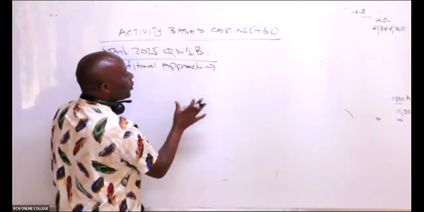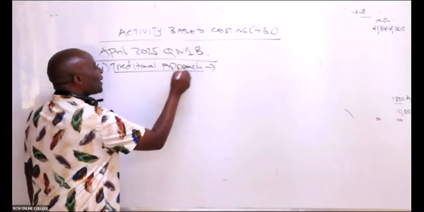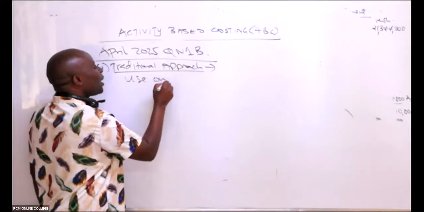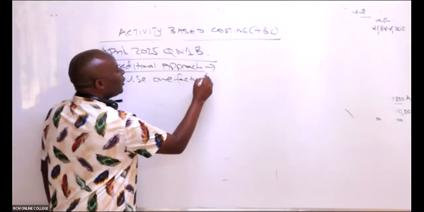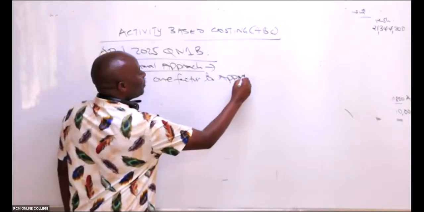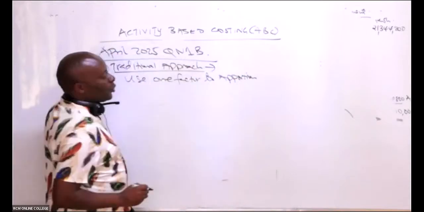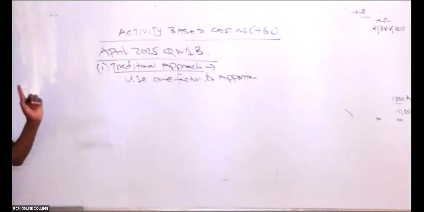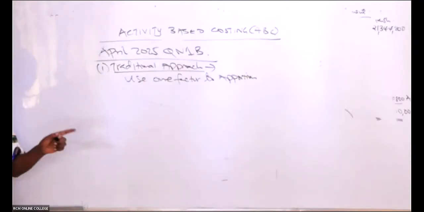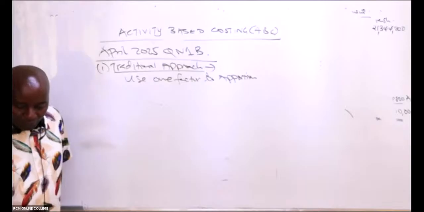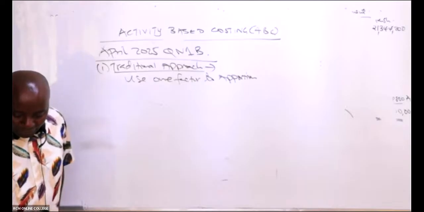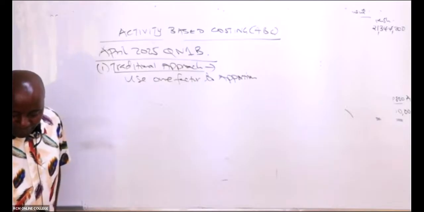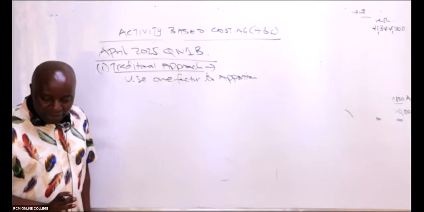Why am I saying it's traditional approach? Because they have asked us to use one factor to apportion. They have told us to use one factor to apportion. And do we know this factor? Yeah. In this case here, they want us